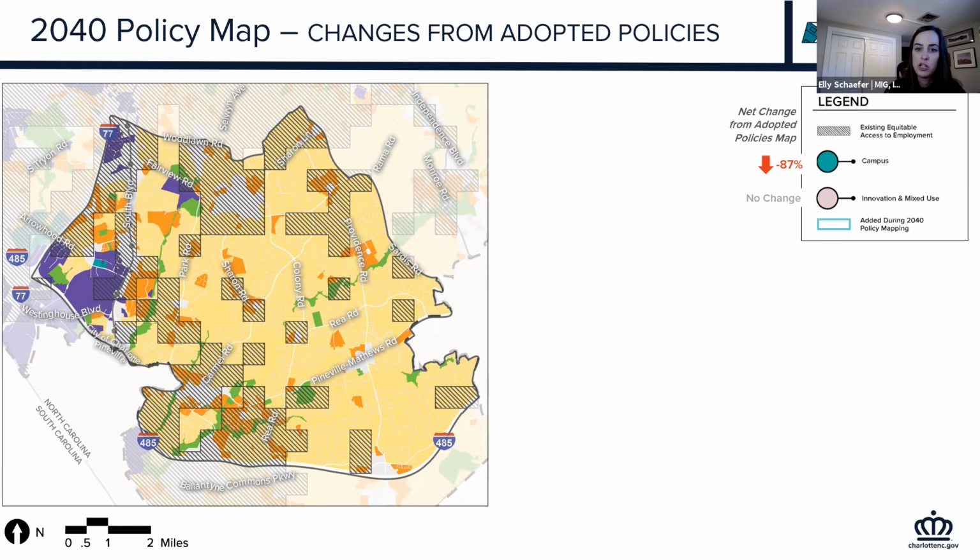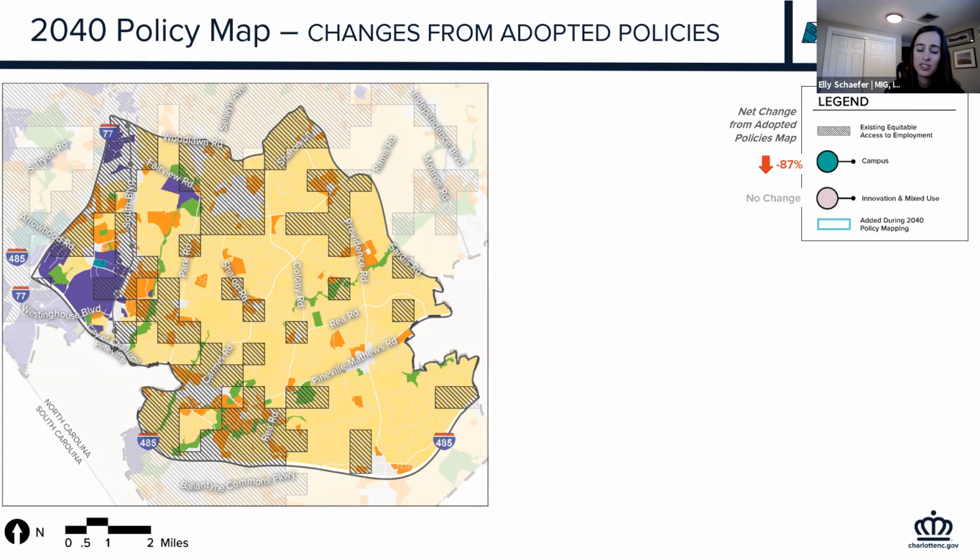Campus and innovation mixed use are two place types that can provide more employment opportunities within close proximity to neighborhoods. Here you can see there's not too many of these place types in this community planning area. There's a small area of campus on the west of South Boulevard in a teal color. Generally, most of the campus in this community planning area was absorbed into neighborhoods. Most of those areas were schools, churches, other community uses. So based on the definitions of place types on the 2040 map, we've absorbed those into